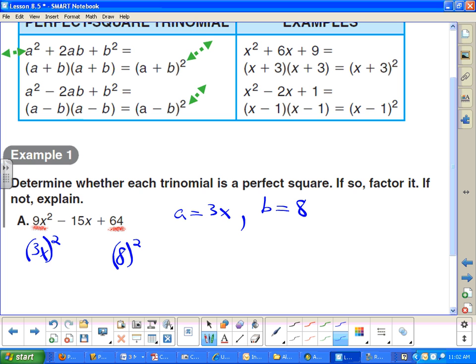Now the question I need to answer is, does 2ab, right, the middle term, does that equal negative 15x? If it does, it's a perfect square trinomial. If not, then